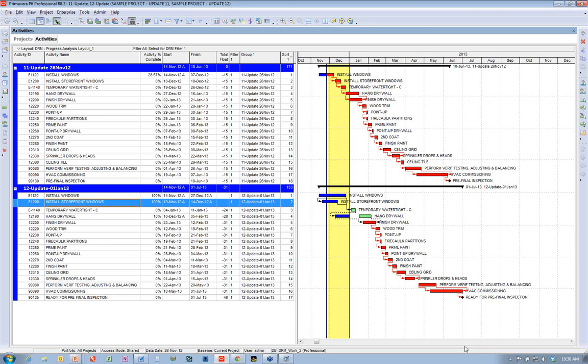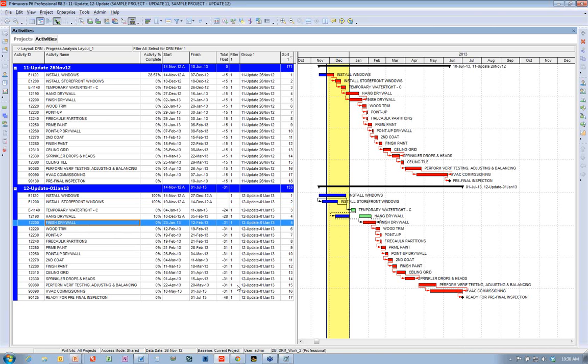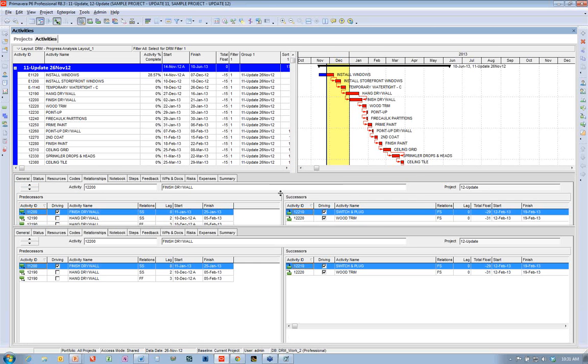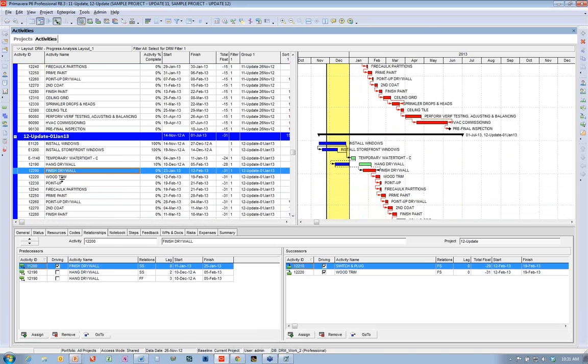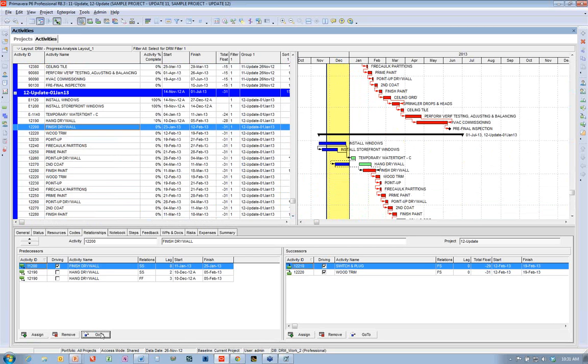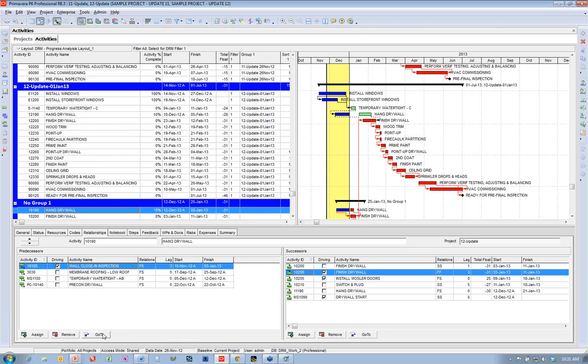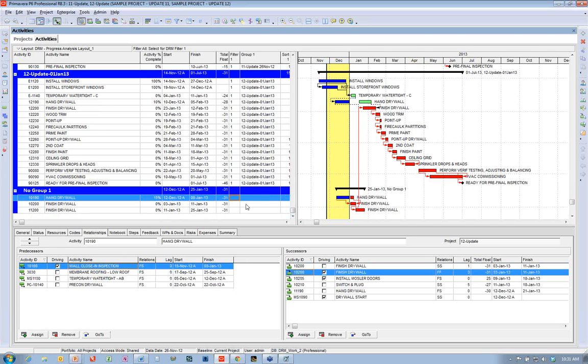The other thing that I have here on this layout right here, I can see that 12,200 does not show what its critical predecessor is that's driving it from January 1 on. So again, I'm going to go back and turn on my lower detail for my predecessors, and I'm on my 12,200 activity, and then I can just use the go-to button to select the critical predecessors to it. And then